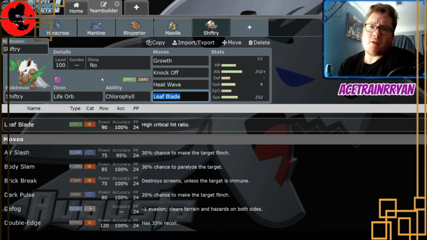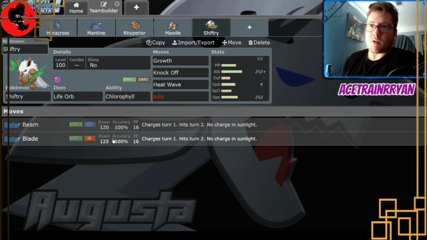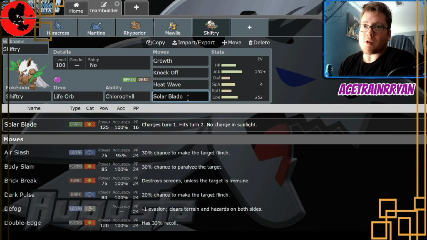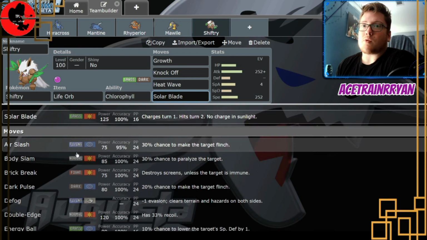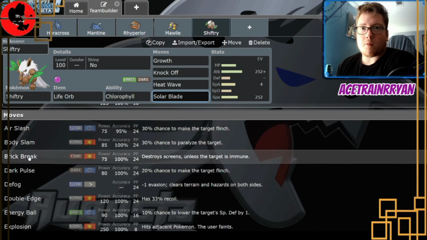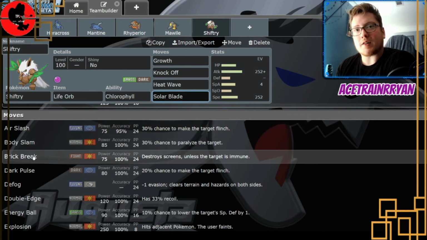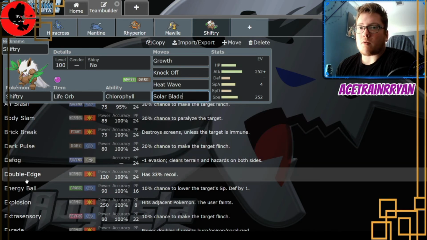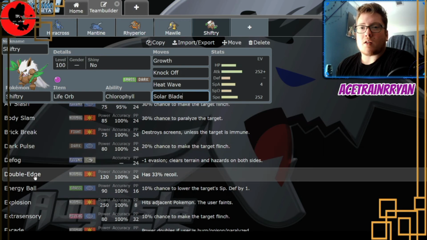And honestly, you don't even have to run Leaf Blade. If you know you're going to be in the sun, you can even run Solar Blade, and that's 125 base damage. Like, that's huge. But as you move down through Shiftry's moveset, it does get an insane move pool. I mean, we see Air Slash right off the bat, Brick Break, so some decent fighting coverage there. Dark Pulse, Energy Ball, and that's the thing with it: it may not have amazing attack stats, but you can't